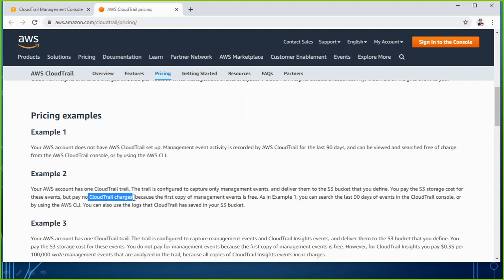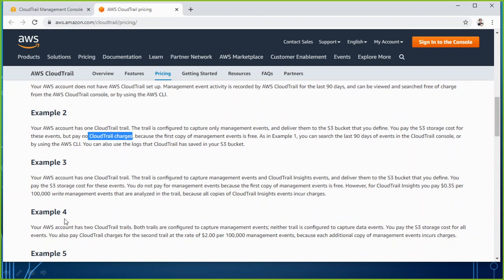But by default, if I ask you how much space is already free for the free tier account on S3, if your answer is 5 GB, then you are right. So up to 5 GB, you already have free space on S3, and these log files are very small. So it will not even reach up to 1 GB. So somehow you can see how good or bad it is.